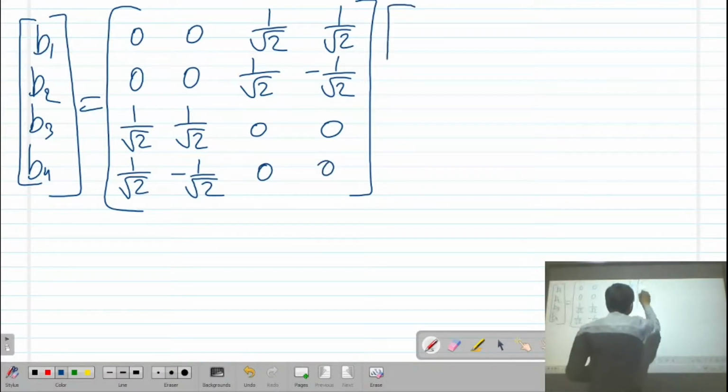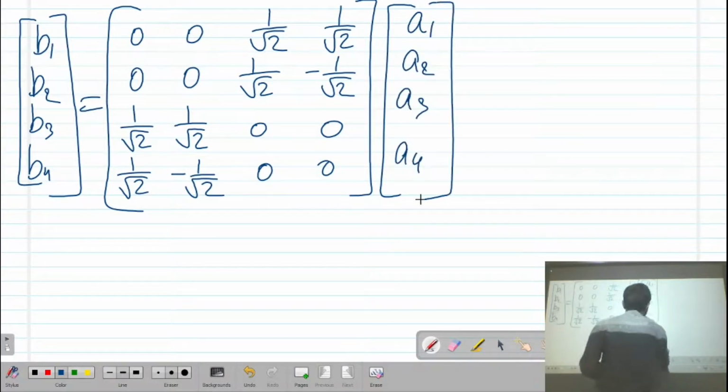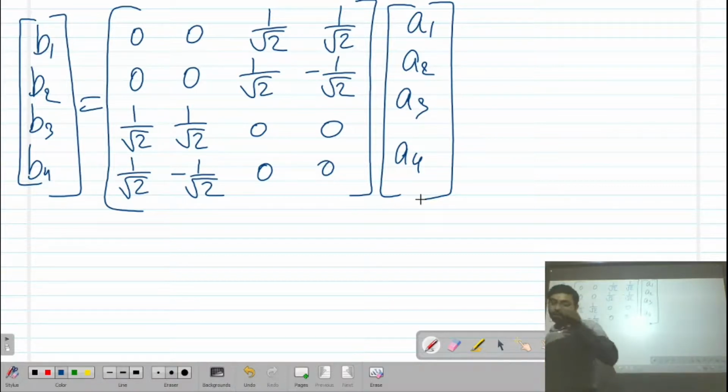This will be multiplied with A1, A2, A3, A4. Now again we will expand this with respect to first row, first column in order to find out the relation